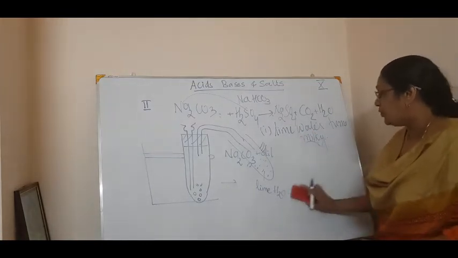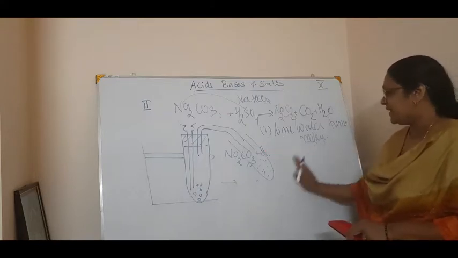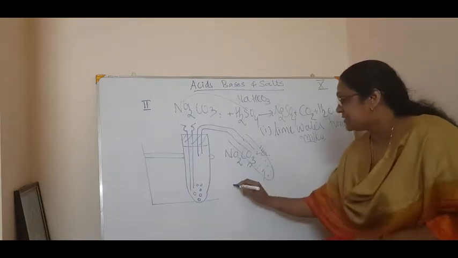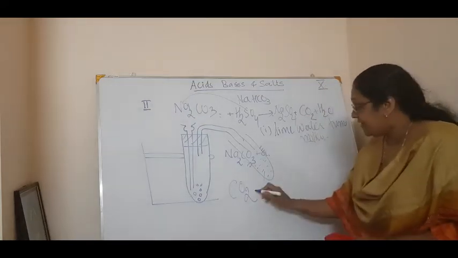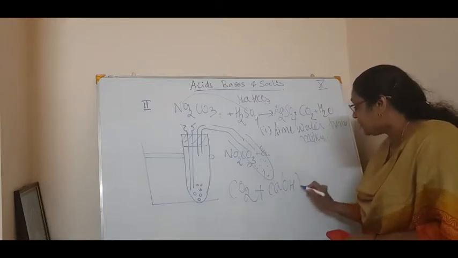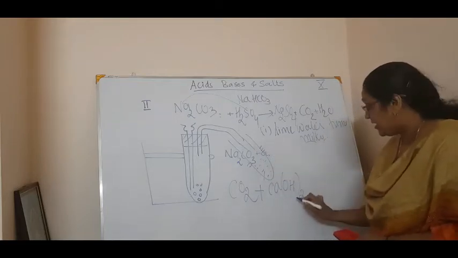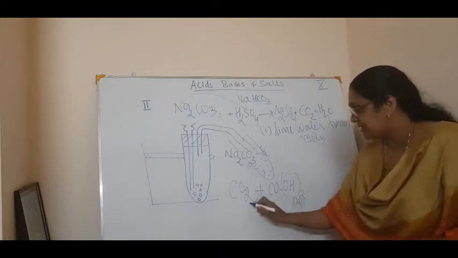So what did I tell you? I told you that a precipitate forms. Now, how does the precipitate form? See, the carbon dioxide is evolved here. It reacts with calcium hydroxide. What is calcium hydroxide? Lime water. I will say aqueous. See, aqueous. This is gas.